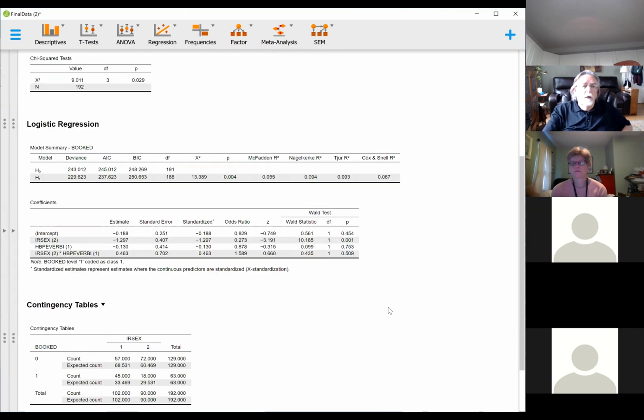Now, here's the trick about why logistic regression is so much a good resource when you have categorical variables. And I actually had an article published, actually going to be in a book chapter, that we started with what are called continuous variables. We had data points, a lot of data points, and a lot of variation in it. But we took a look at it and we realized that it was not a normal distribution. It was a very unusual distribution. And so we converted it to a binary